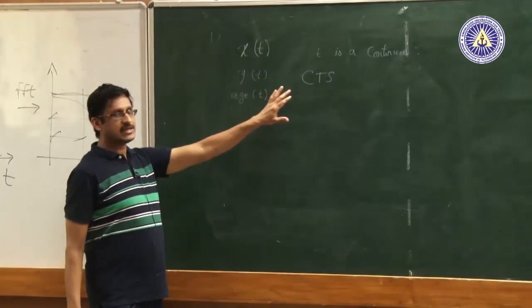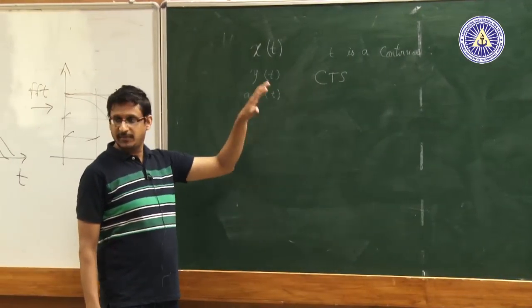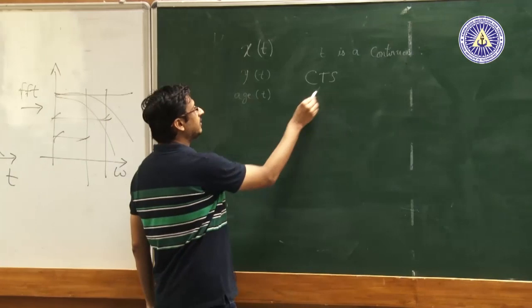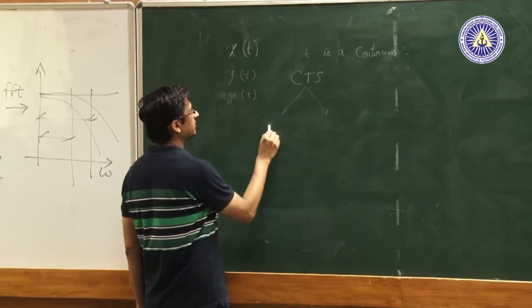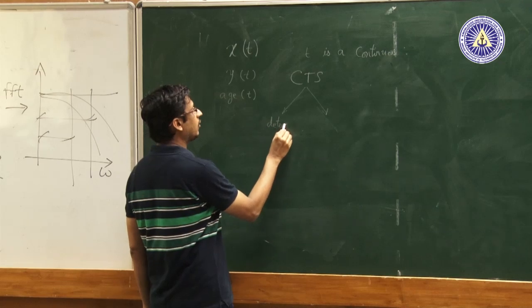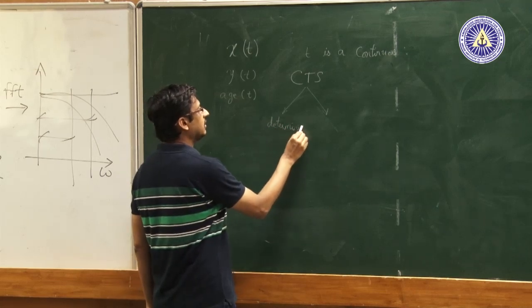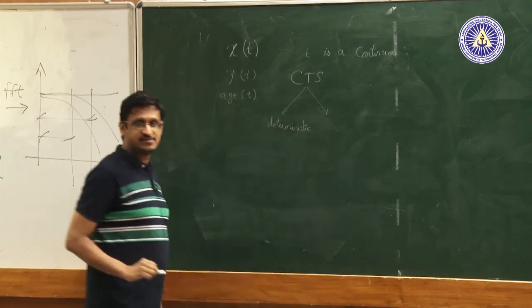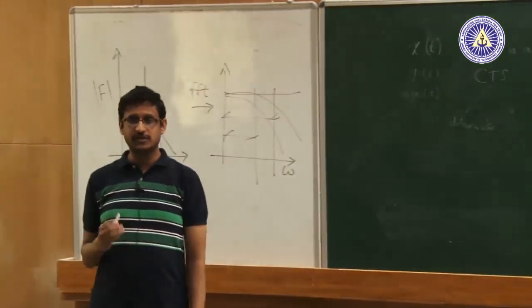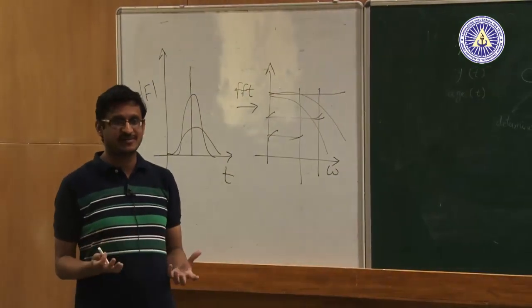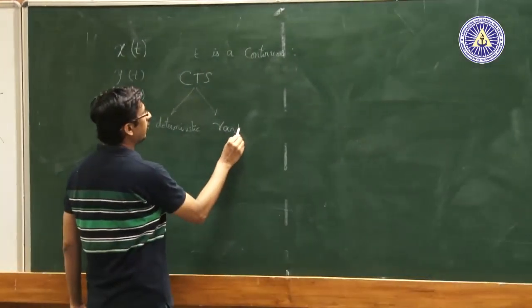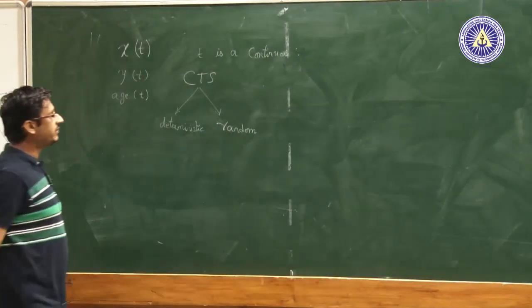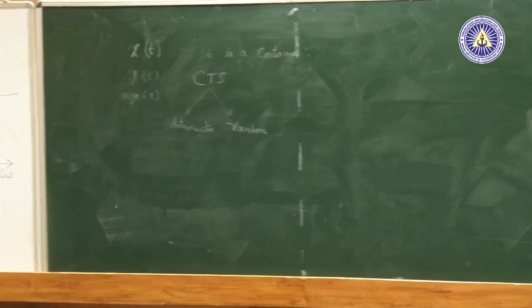So, this continuous time signal further could be many types. The main classification of these signals is normally done in terms of how much we can talk about the signal with great certainty and how much we can talk about a signal in terms of its uncertainty. Meaning, if the form of the function x of t is known completely,